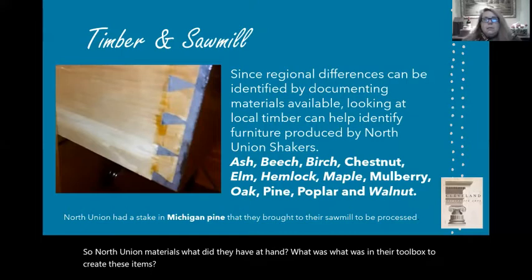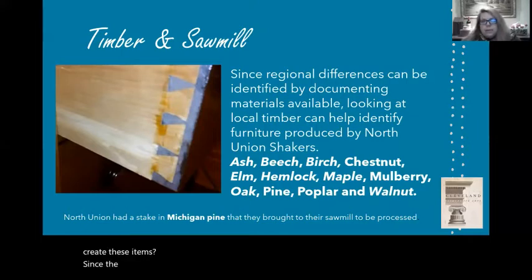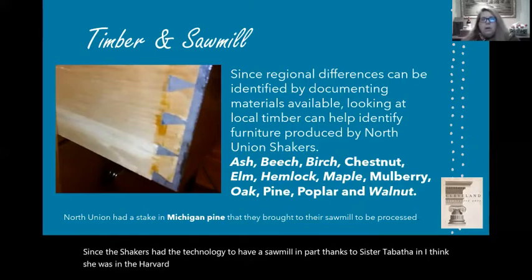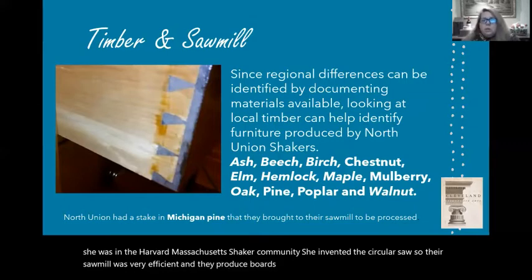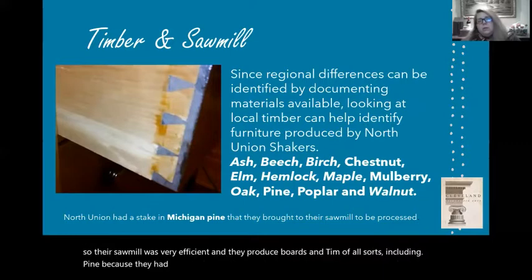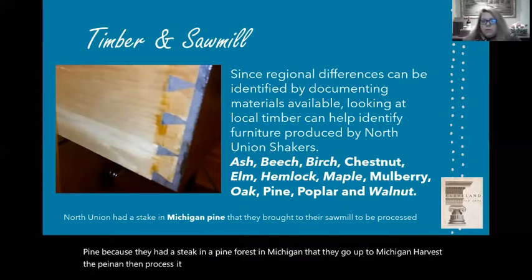Well, since the Shakers had the technology to have a sawmill, in part thanks to Sister Tabitha in, I think, the Harvard, Massachusetts Shaker community, who invented the circular saw, their sawmill was very efficient. They produced boards and timber of all sorts, including pine, because they had a stake in a pine forest in Michigan. They'd go up to Michigan, harvest the pine, and then process it in their sawmill, which was quite famous